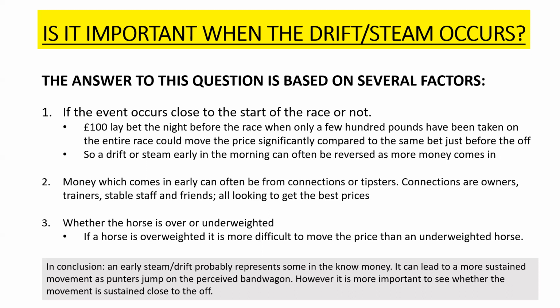price and you multiply it by the amount of money that's been put on that particular horse on Betfair, if the amount it comes to is more than the overall amount on the race, then it's overweighted. So let's just take an example. There's been £1,000 put on the race overall for all the runners. The horse is 4-to-1, 5.0, and it's had £500 put on it. You take the £500, you multiply it by the 5, you get 2,500, and we just said that was £1,000 put on the race. That means that horse is very, very overweighted, and with overweighted horses it's more difficult to move